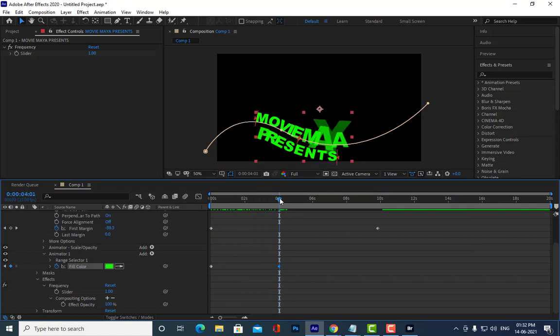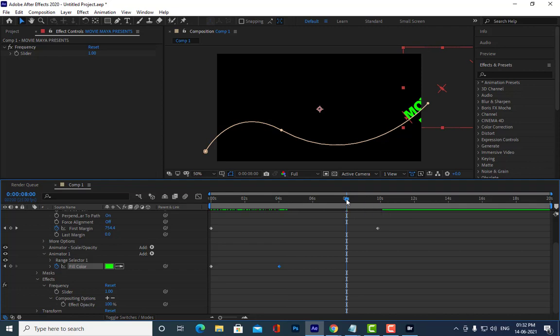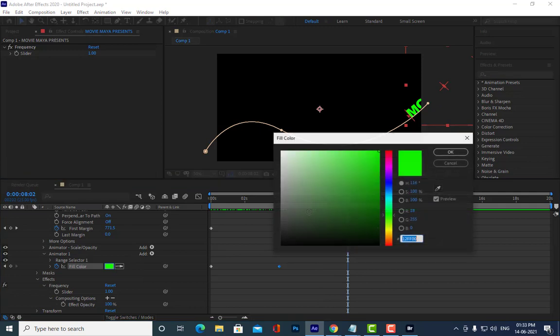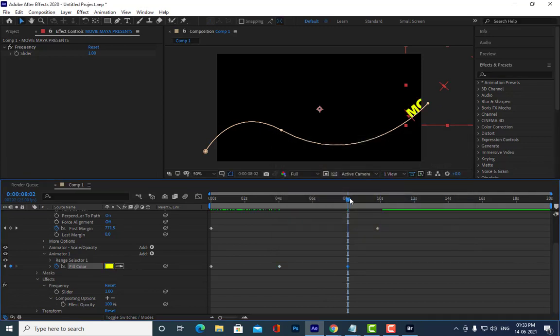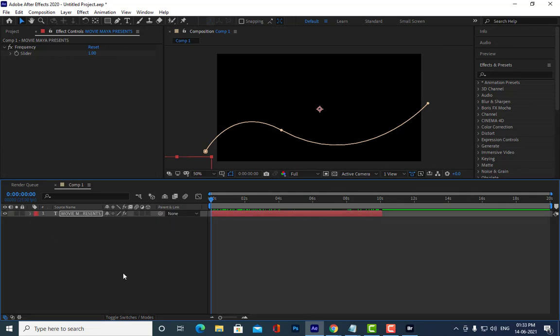Then again we'll come to the 8th frame. Then we'll give one more color. Let me give it a yellow color. Now see, we have 3 different types of animations applied to this one. Hit spacebar.